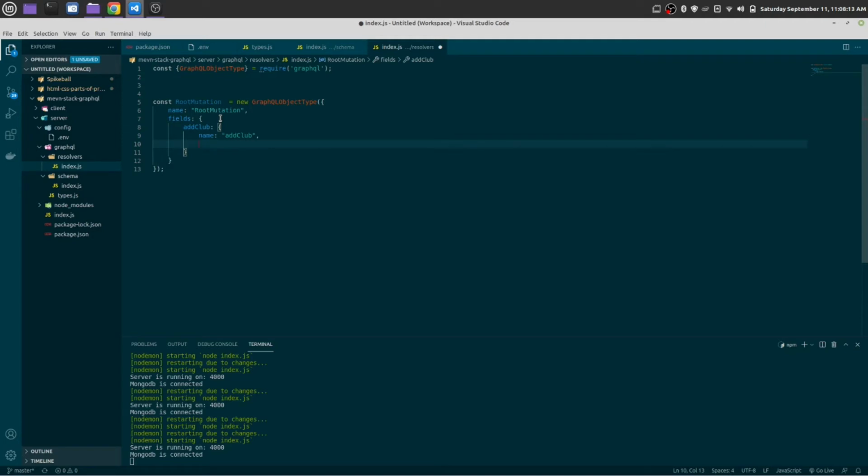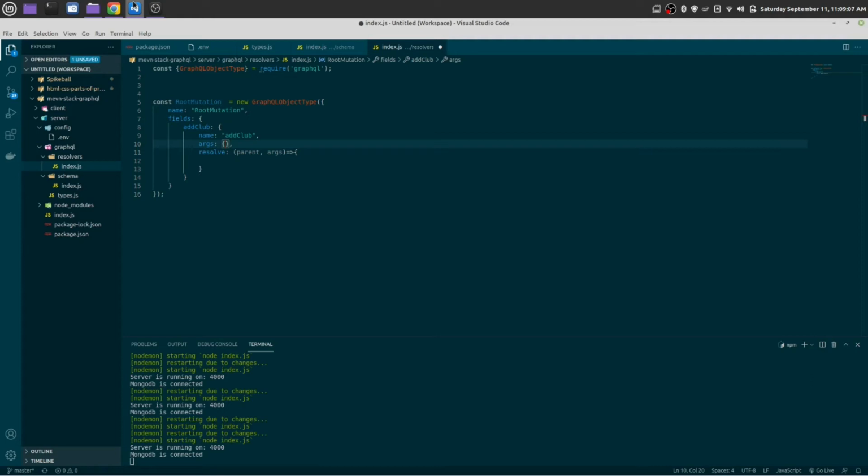Okay, and resolve, this is an arrow function, and this will take two parameters, parent and args. Here args will have an object, whatever argument you are going to pass in your query, we can access from here as well.